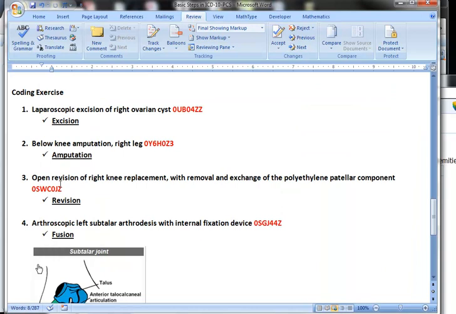So here the procedure is about open revision of the right knee replacement with removal of and exchange of the polyethylene patella component. So the first thing we need to decide every single time that you're reading through a procedure note is the objective of the procedure. What is being done? In this case, they're trying to revise a device. So it's removal and exchange of the polyethylene patella component. Now the procedure is not being done on the knee itself, just on a device. So we're gonna go to our index